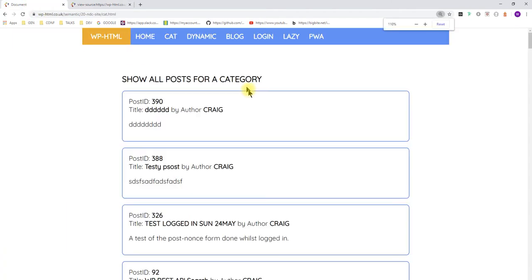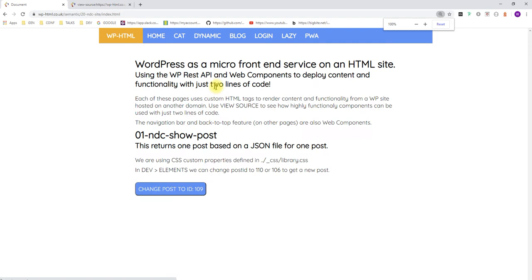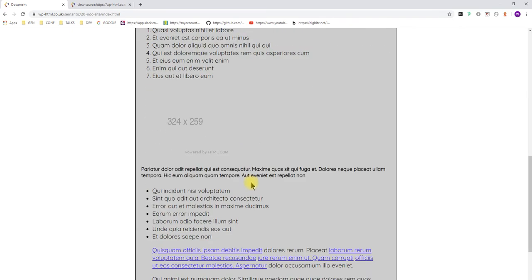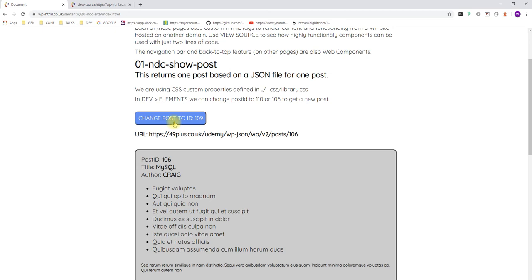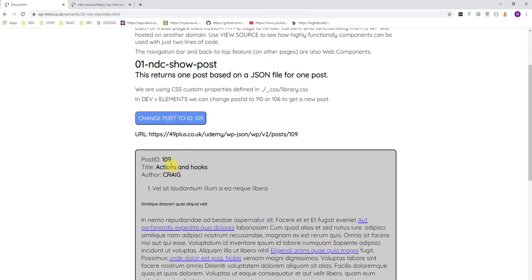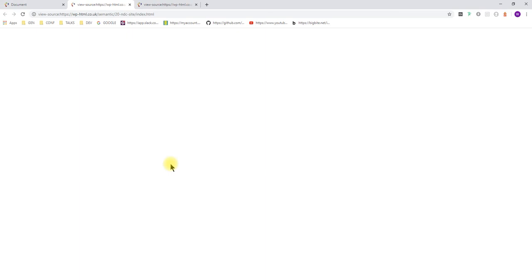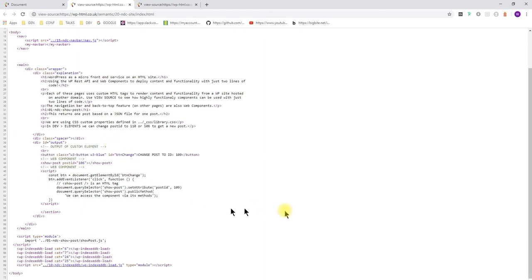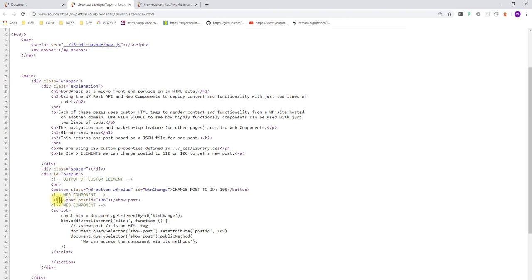So what we've done here, for example, if we go to the home page, we're showing one particular post using this endpoint, but very easily we can change programmatically to another post, so we could enable users of this component to make their own programmatic changes. If we look at the source code, we have the web component just here. It's picking one post, 106, but another site can just use some basic JavaScript and the DOM to add more functionality. So if we come back here,